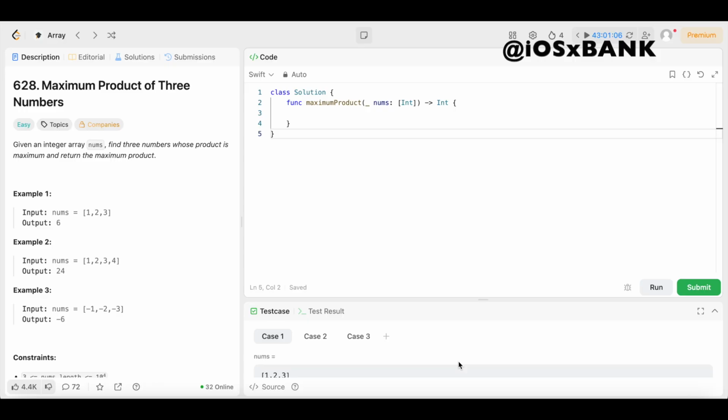All right, y'all, we're back again, another day, another LeetCode problem where we're doing daily LeetCode problems. And today we have question number 628, maximum product of three numbers. The difficulty level is easy, so you already know we're going to keep the solution as simple and easy to